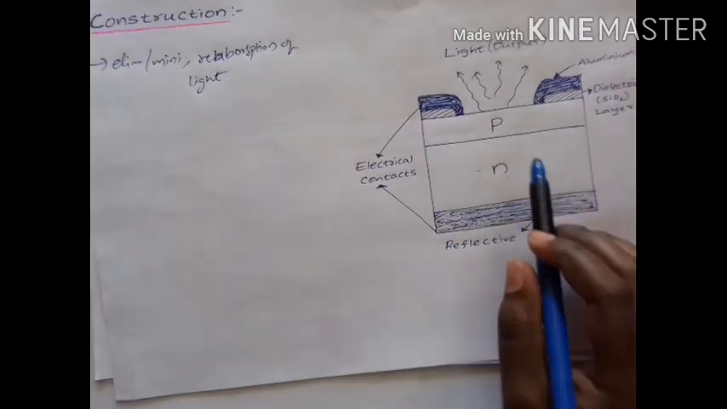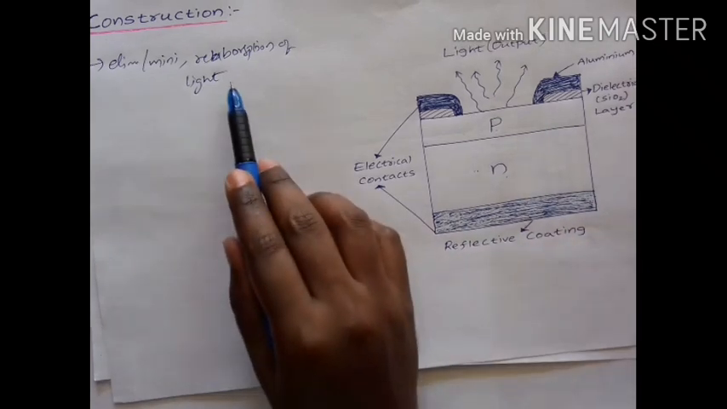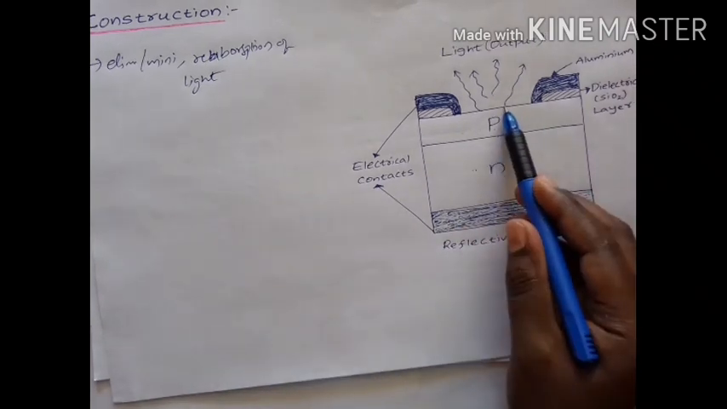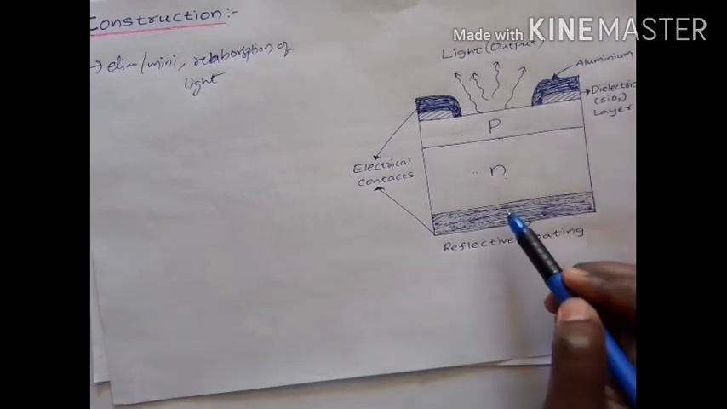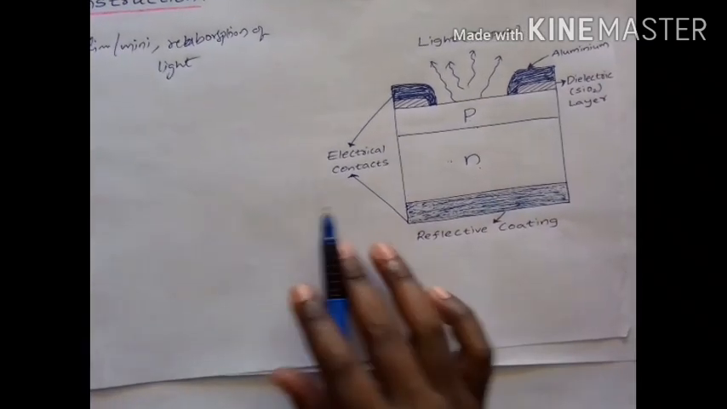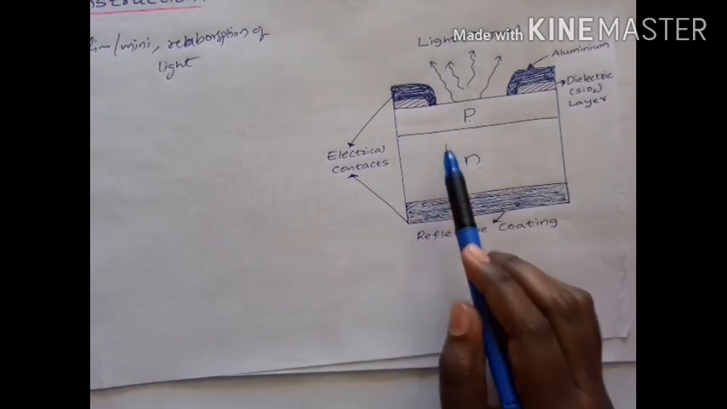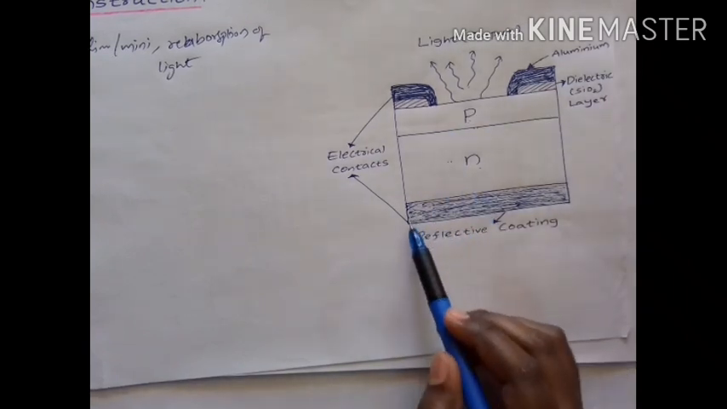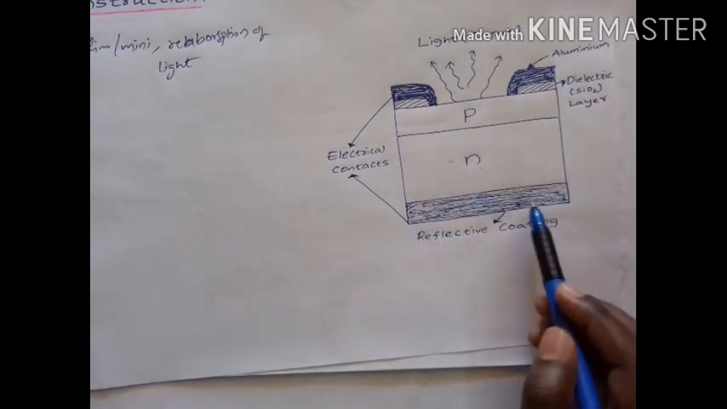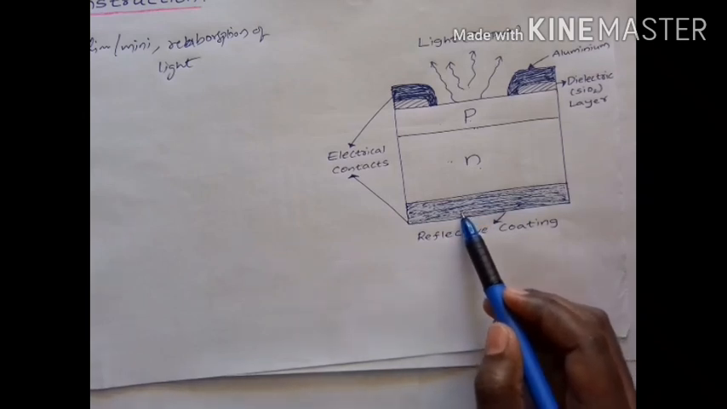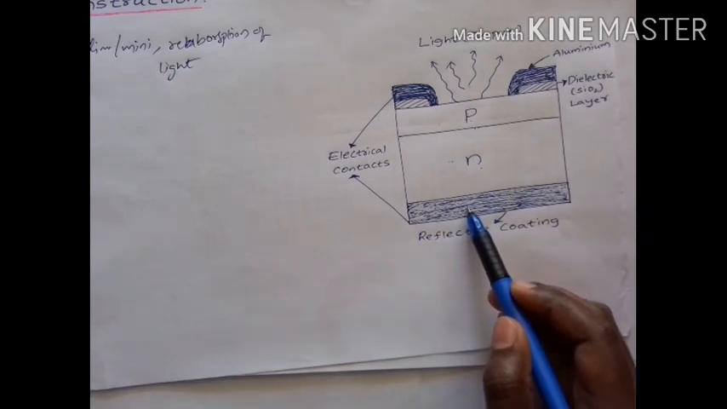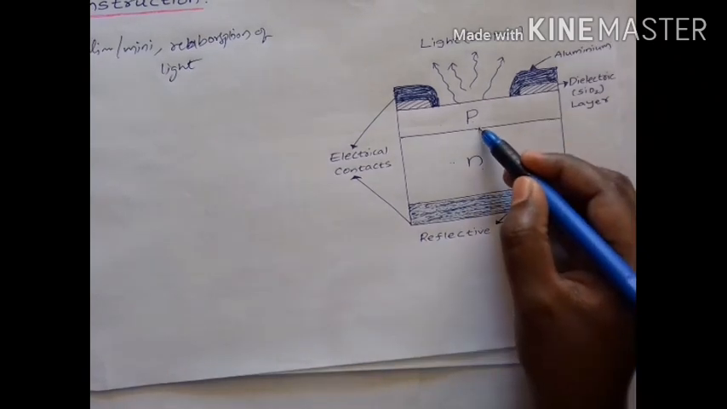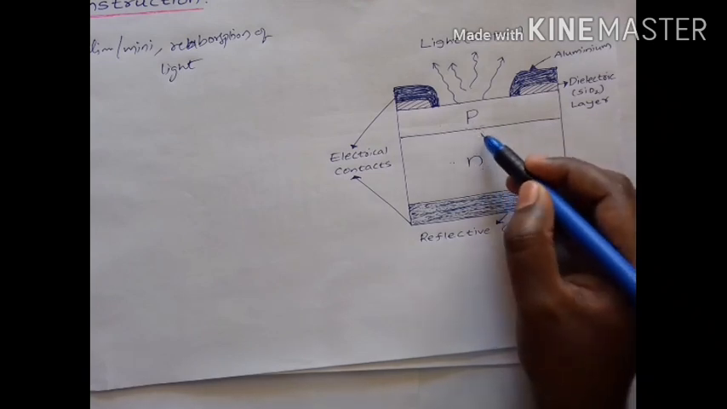So to eliminate the reabsorption of light, we will make the upper semiconductor width lower than the bottom semiconductor, and at the bottom of this PN junction diode we will arrange a reflective coating. That means, in our normal words, we call it a mirror. So we will provide a reflective coating. Why? Because to avoid the backward transmission of